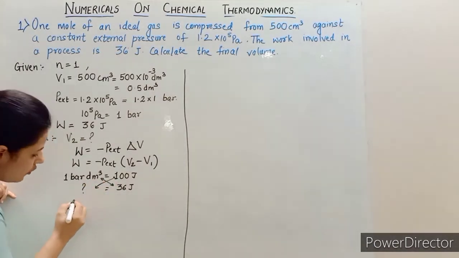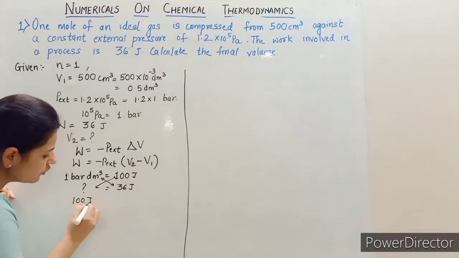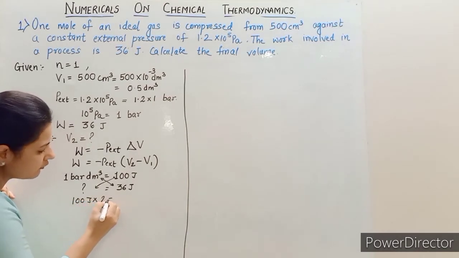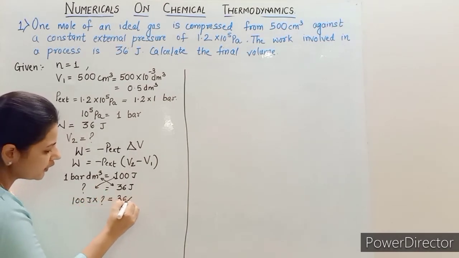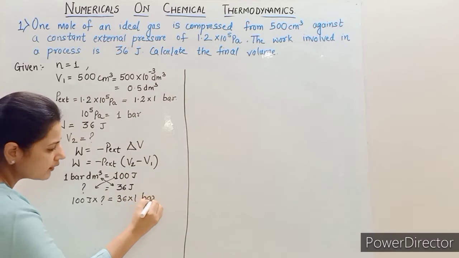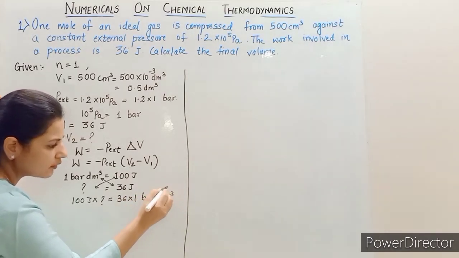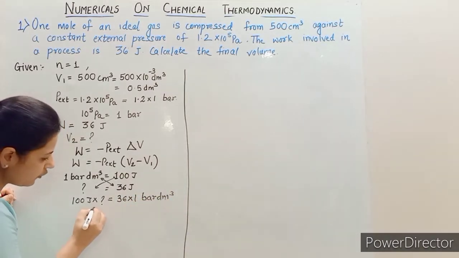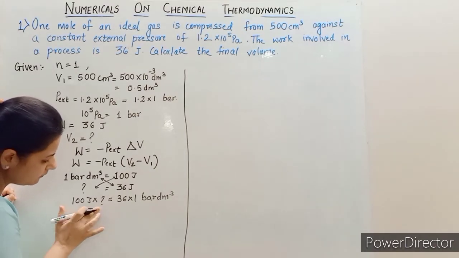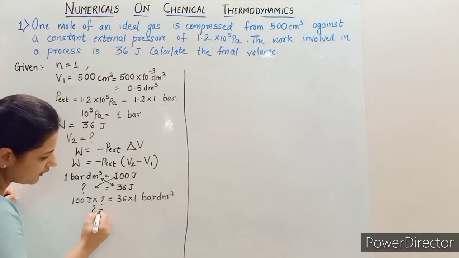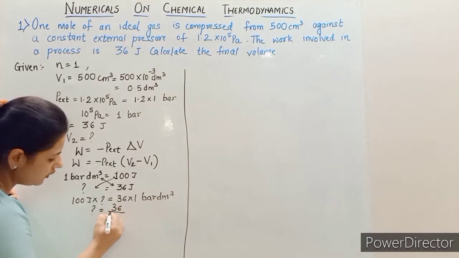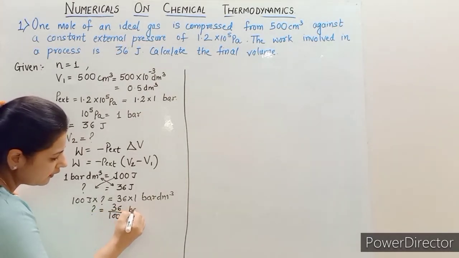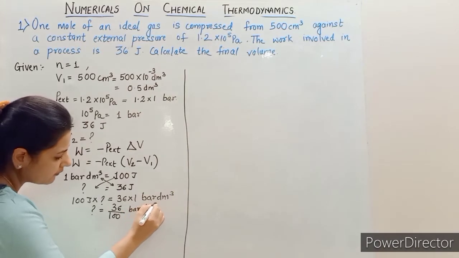Okay, so 100 joules into question mark will be equals to 36 into 1 bar dm cube. Yes, and therefore this question mark will remain as it is, 36 upon 100 bar dm cube means what,